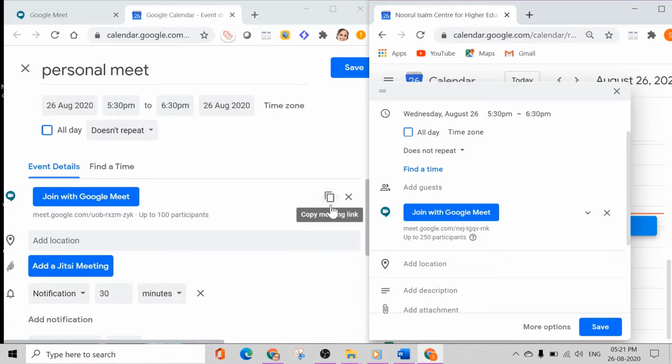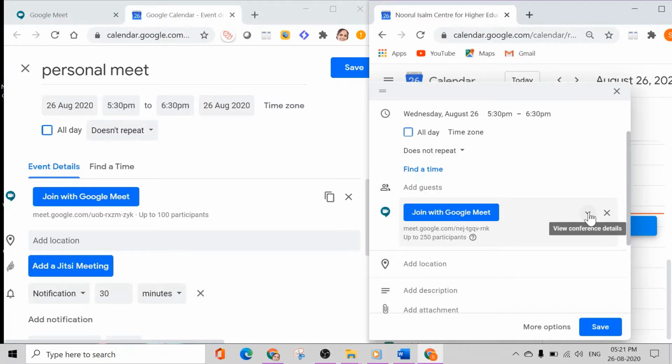So now you can see that here I have the copy meeting link and remove conference option. Instead, I have view conference details here and remove conference here. This view conference details is not there in my personal ID.